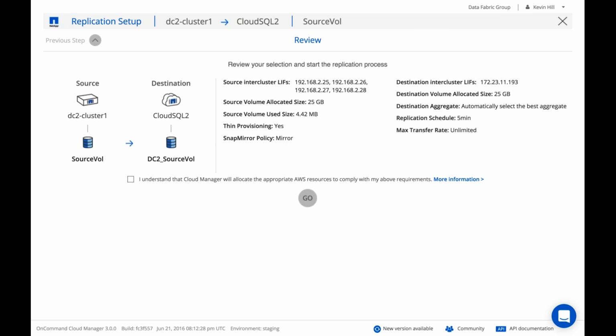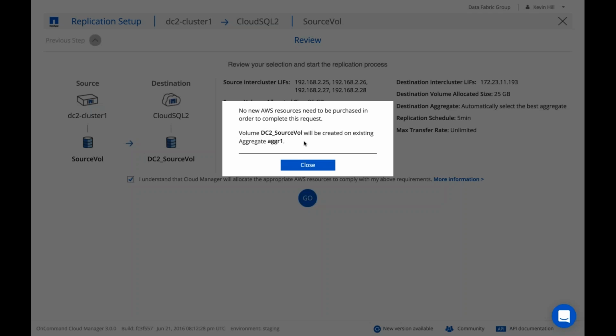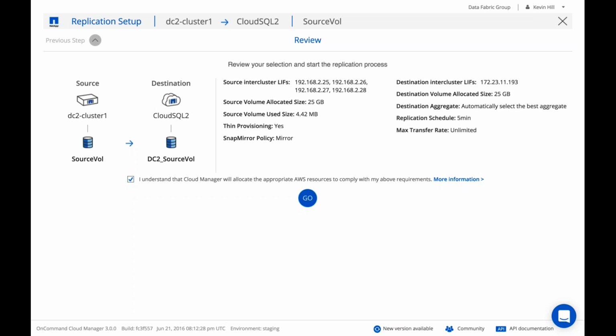And I also need to review and approve, because this is my source system, this is my destination system, and I also have another confirmation. Depending upon how much space I'm going to consume on my OnTap Cloud system, Cloud Manager may need to deploy another underlying EBS disk to support the aggregate. Now, in this case, I can look at more information. I don't need any additional disks. If I did, it would show me how many here. But I understand